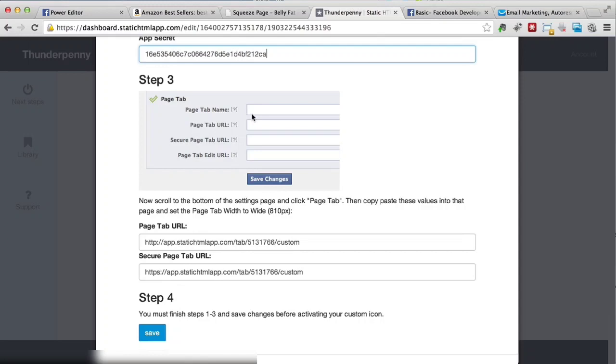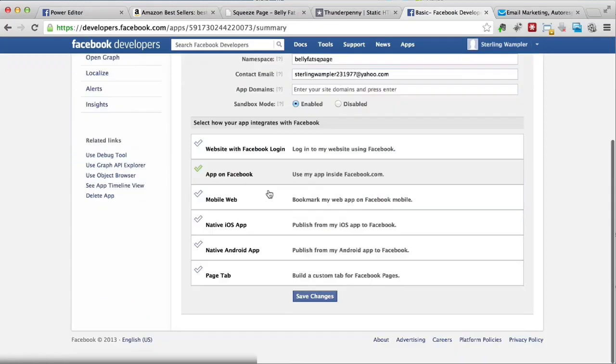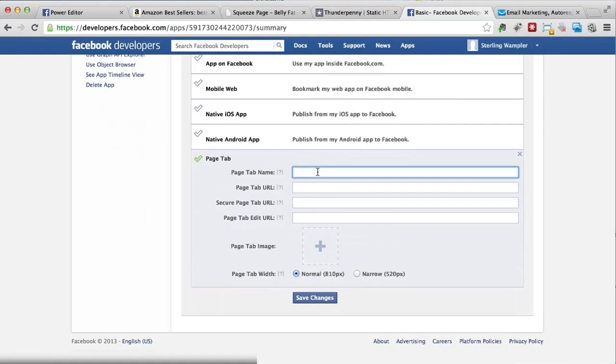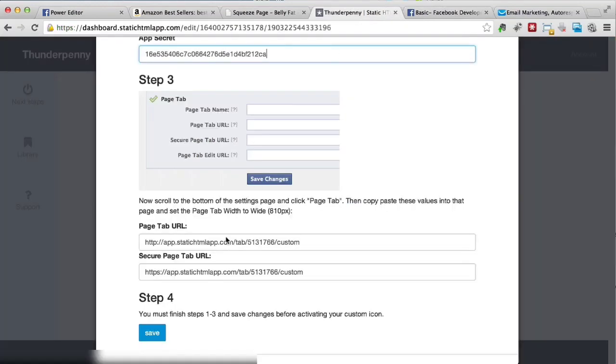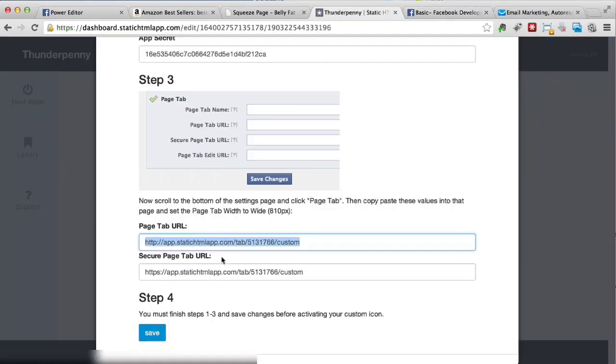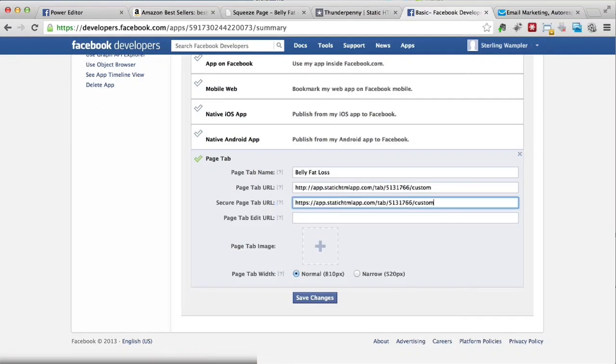We need to scroll to the bottom and click Page tab. Yeah, let's click Page tab and then give the page tab a name. So, belly fat loss. Page tab URL. For this, we need to come back over here and just grab the page tab URL, secure page tab URL,